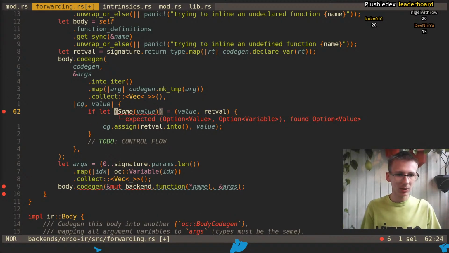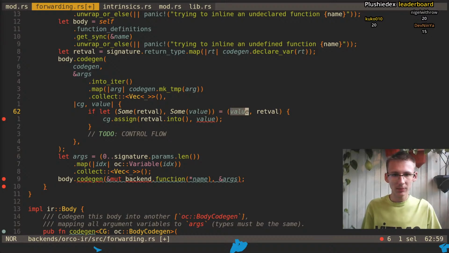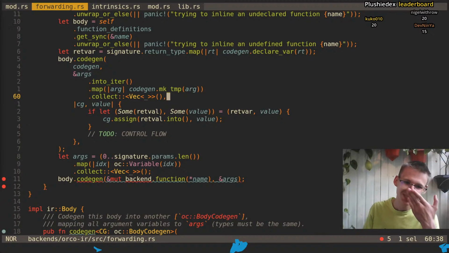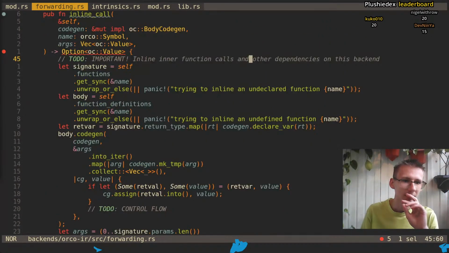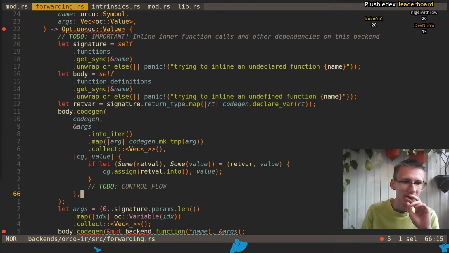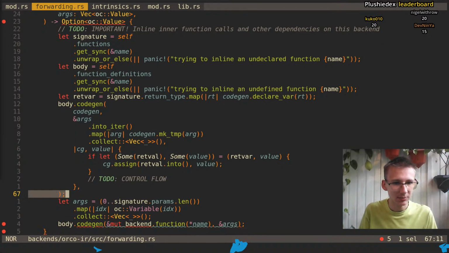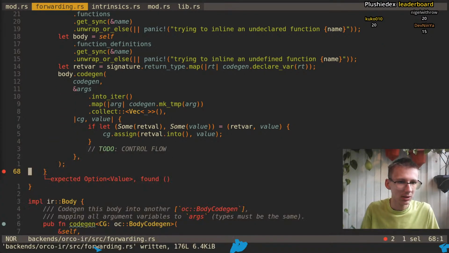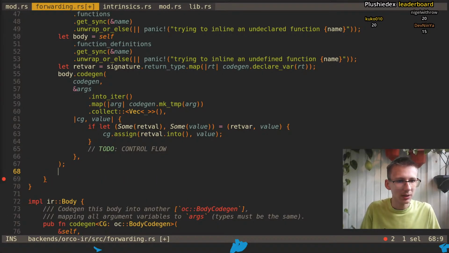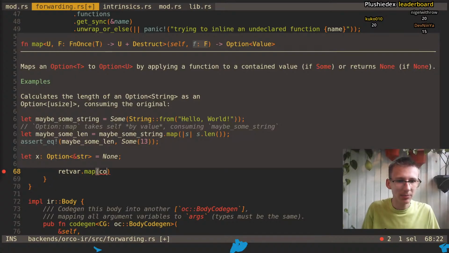I'm also going to swap those and change it to readvar for the return variable. Now args. Oh wait, args are handled. So yeah, I can just get rid of that. And map cogen read